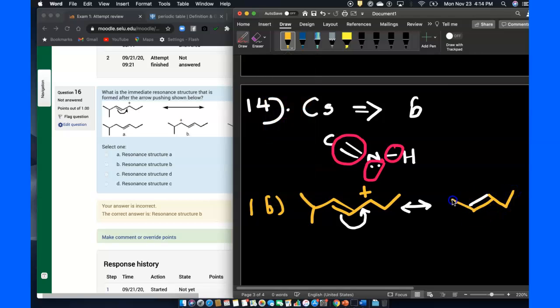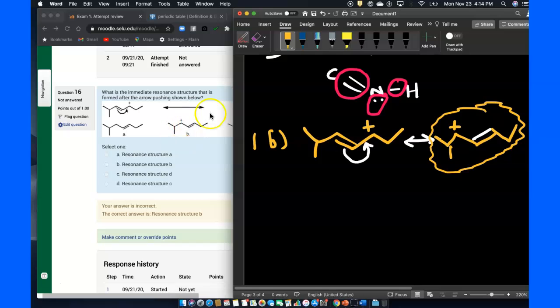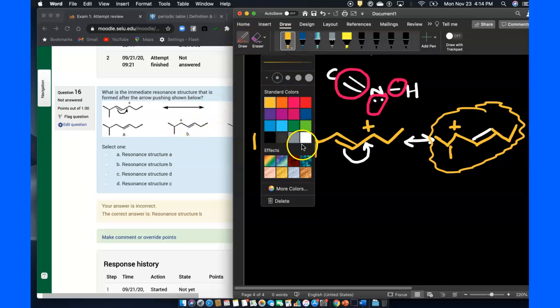Okay, so we will do that and put a plus charge on here. So this structure right here is resonance structure B. So the answer is resonance structure B, which happens to be answer B for me. For you, it could have been ordered differently. So this resonance structure B is the answer. So now next,